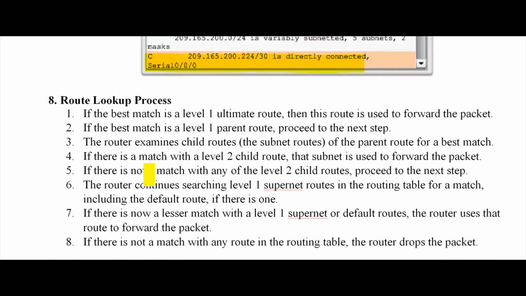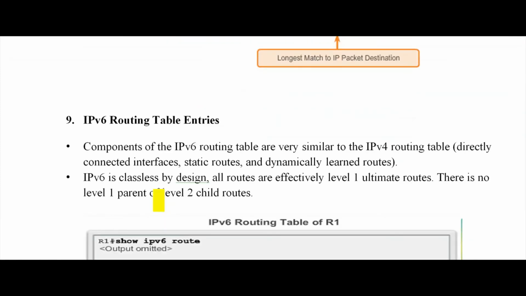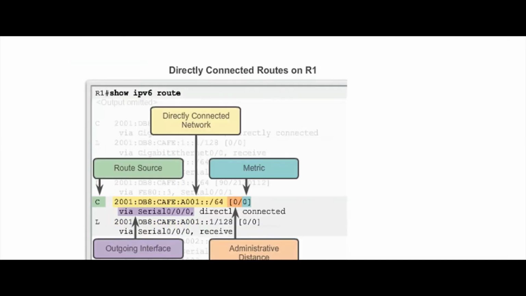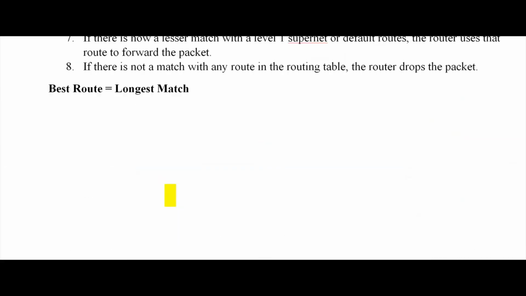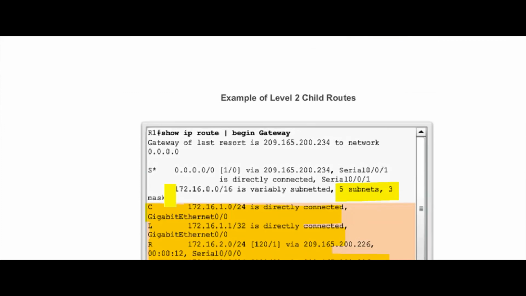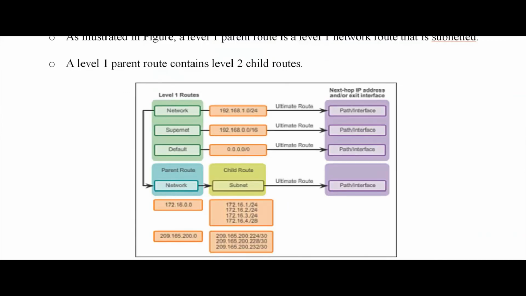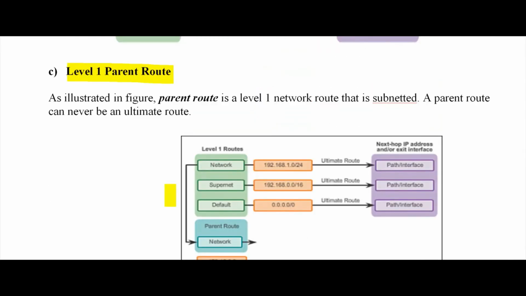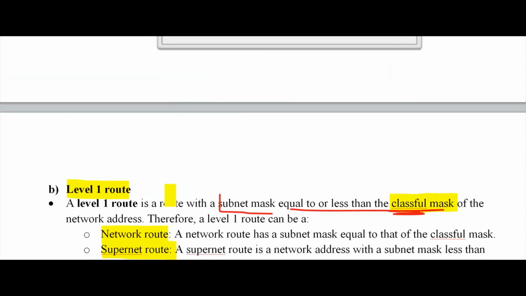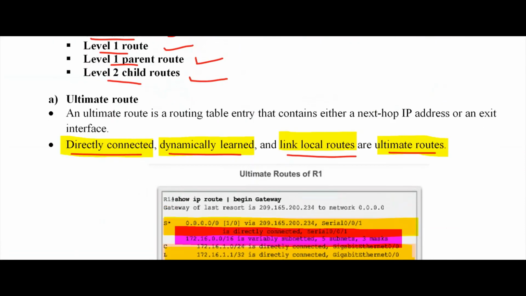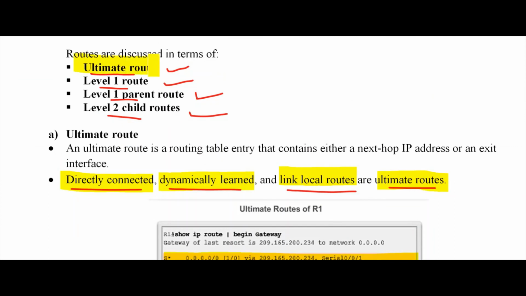This part I will come to later. Now I'm going for the next one. That's only 2 types they are explaining: only level 1 and level 2. The others are not available. Actually there are 4 available, and all the 4 are not explained to you. I'll show you. They explain the level ultimate route. Level 1, I think they mix these together. Level 1 route and level 1 parent they mix together, and level 2 child they are giving.